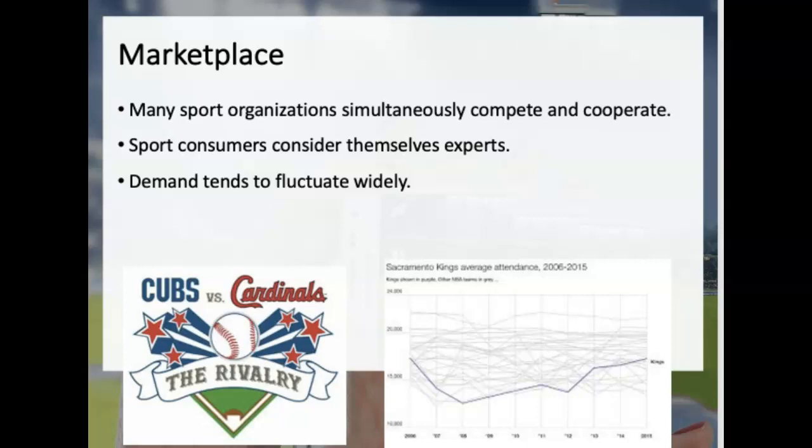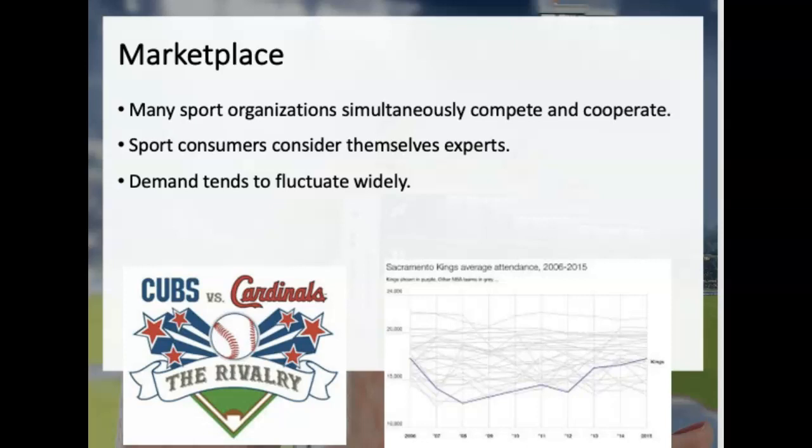And the second thing is a lot of time customers will consider themselves as experts, right? You find out there are a lot of sports fans. They think they know a lot about their teams, so they can talk a lot. They provide a lot of advice to the coaches, let them know what they have to do in order to help the team to win, right? So a lot of customers think themselves as experts. They also create some difficulty for the marketer because the customers think they know a lot about these products. So to market this particular product, the marketer needs to know better how they're able to associate these products with